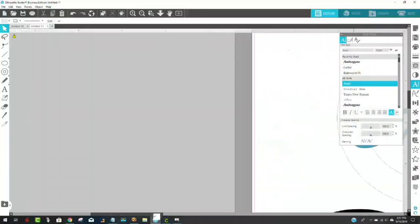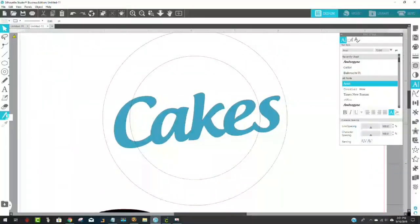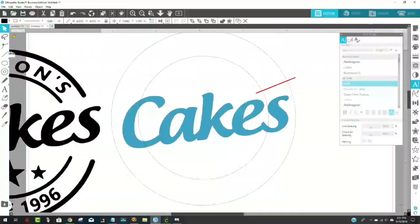So I'm going to come over to the left-hand side and grab the knife tool. And I'm just going to come over here and draw a line straight across. And I wish I was looking at my samples so I knew where I had done it before. So I'm going to drag my sample up here. Okay, that looks pretty close, but